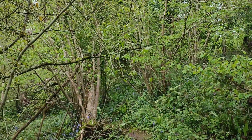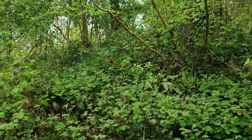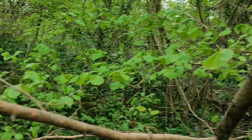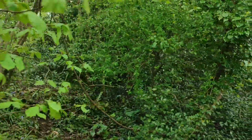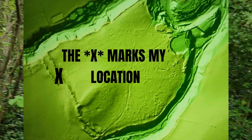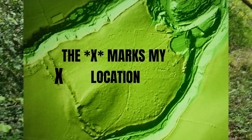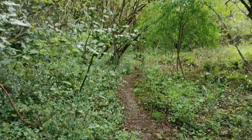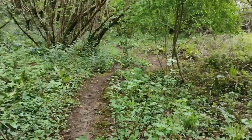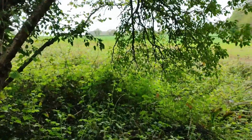Well, I've just come down the path and here we are. The first of the ramparts there. Not particularly high ones, but they seem to be running along this way. So I'll have a walk along this way and see what we can see. So it was just defended on the front part because the sides didn't need defending. What we're walking in now would have been more of a ditch. And you can see here, if I just come out to here,